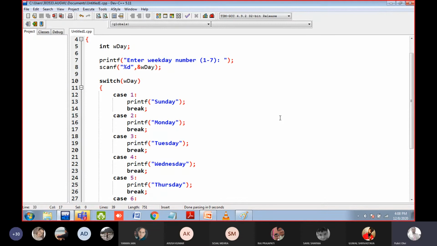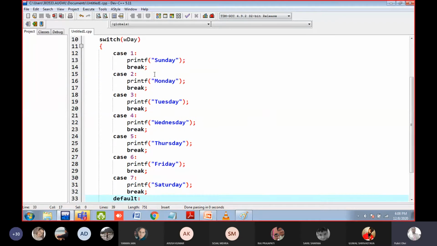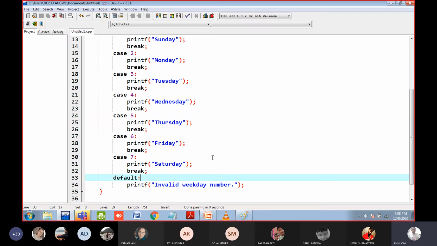So if the number is 100, you will compare it with case 1, 2, 3, 4, 5, 6, 7. Okay, nothing will match. Then you will go to the default. Default means if you hit this particular statement, it will execute no matter what. It will print invalid weekday number, so the user can see that the input was not correct. I need to enter the number 1 to 7. Then he or she can rerun the program.